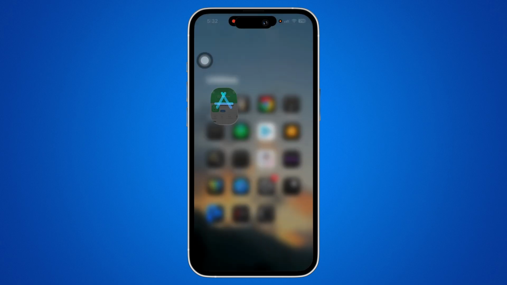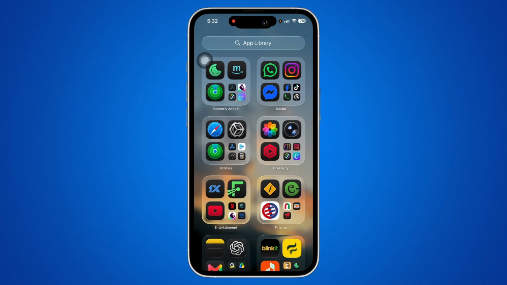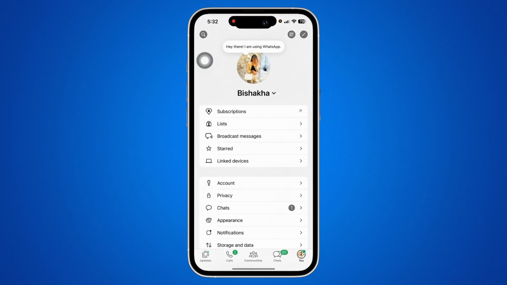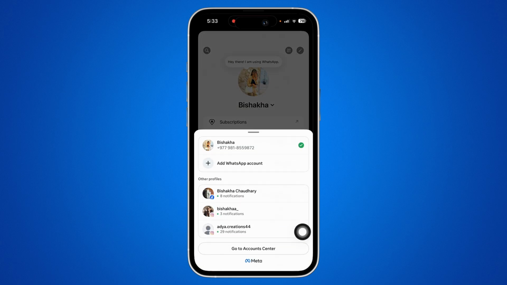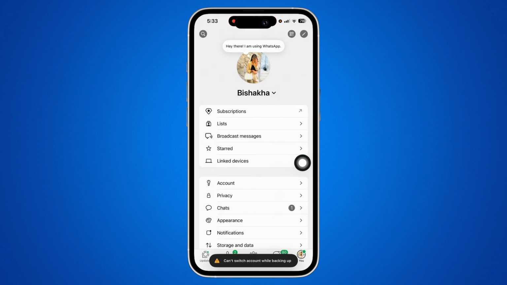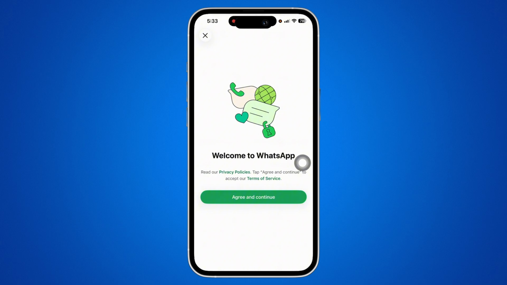Now, once you have updated your WhatsApp application, open it on your device and then tap on the You option on the bottom right of your screen. Now, tap and hold on the You option, and here you will see the option for Add WhatsApp Account. So tap on the Add WhatsApp Account option you see there,